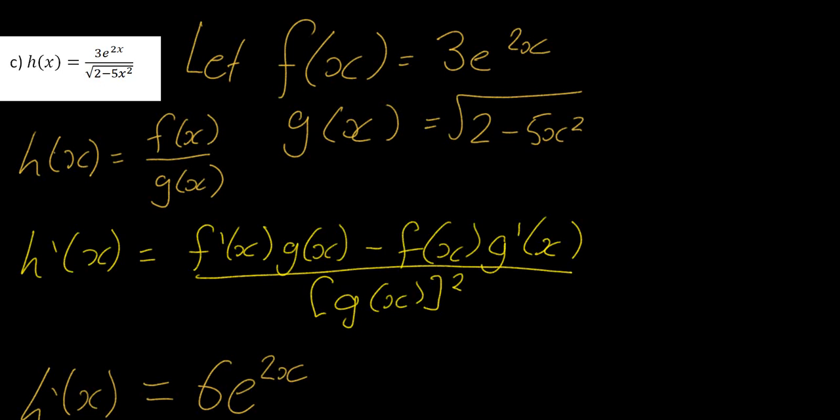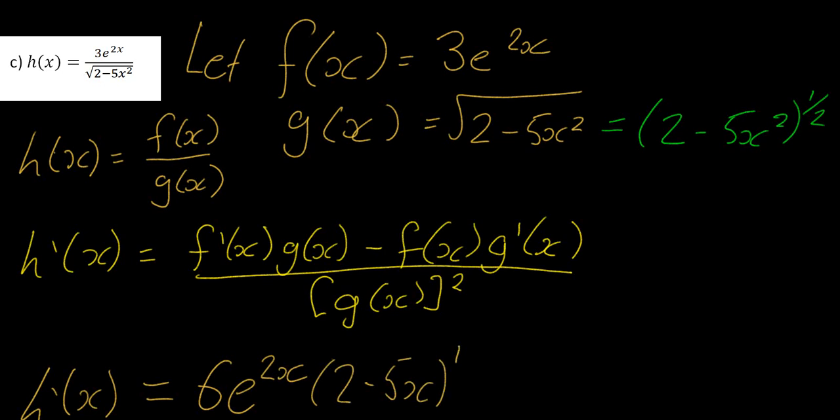Now just note that we're going to turn this into index form. So turning this into index form will give us 2 minus 5x squared to the power of half. Doing this because we're going to need the derivative of this later. So I'm going to multiply by just that, 2 minus 5x squared to the power of half. I'm going to subtract this by the product of f. f is 3e to the 2x